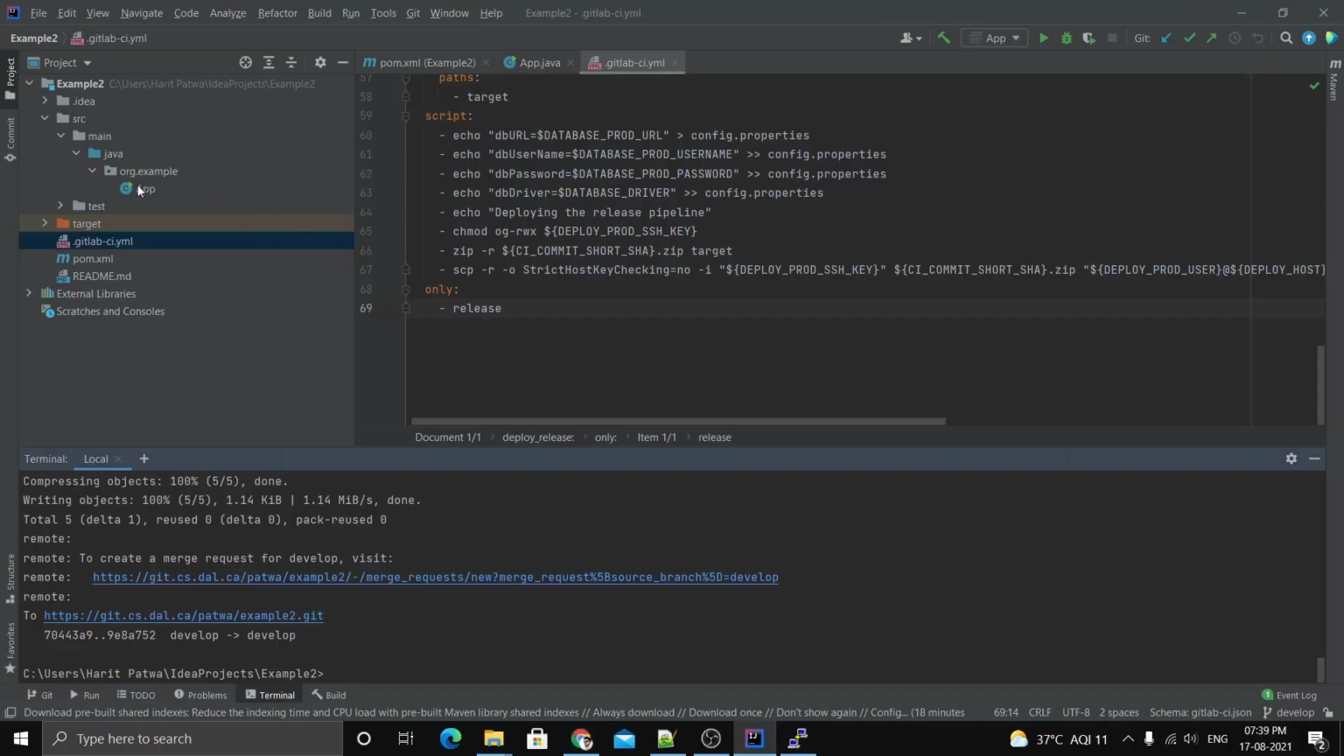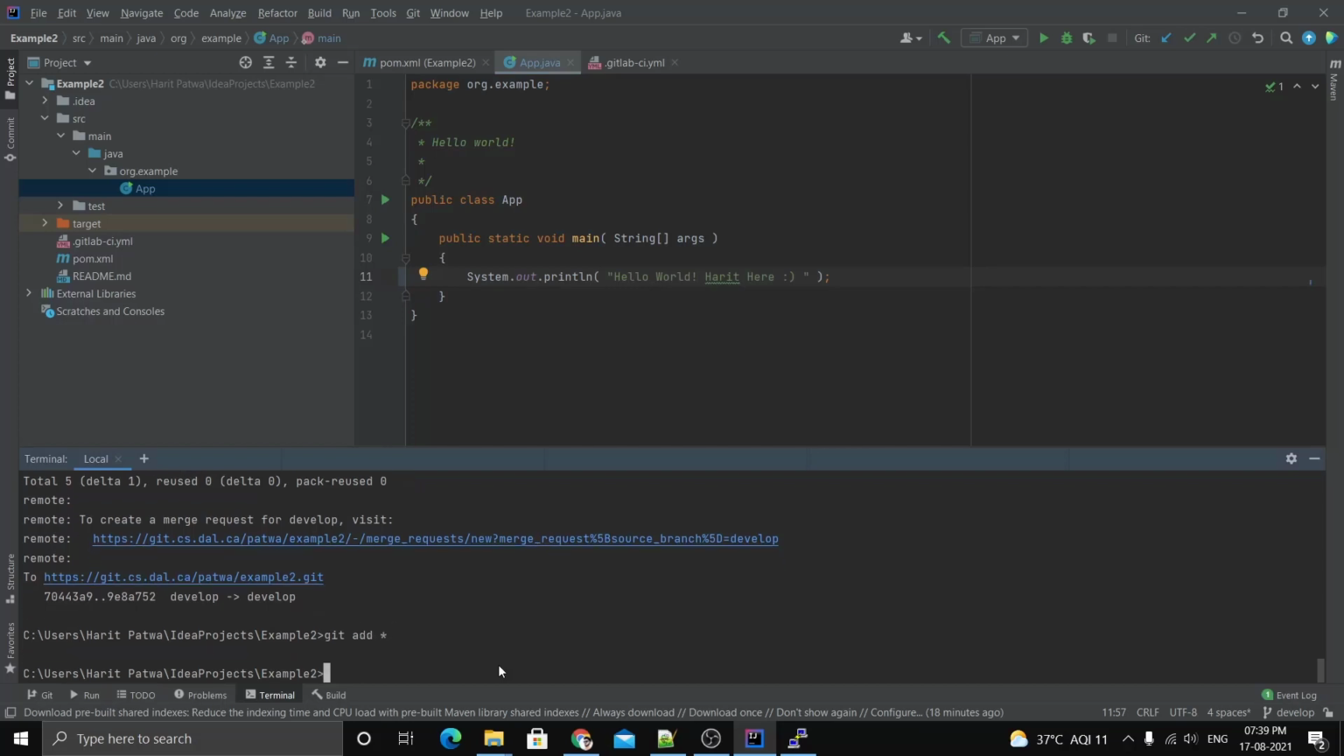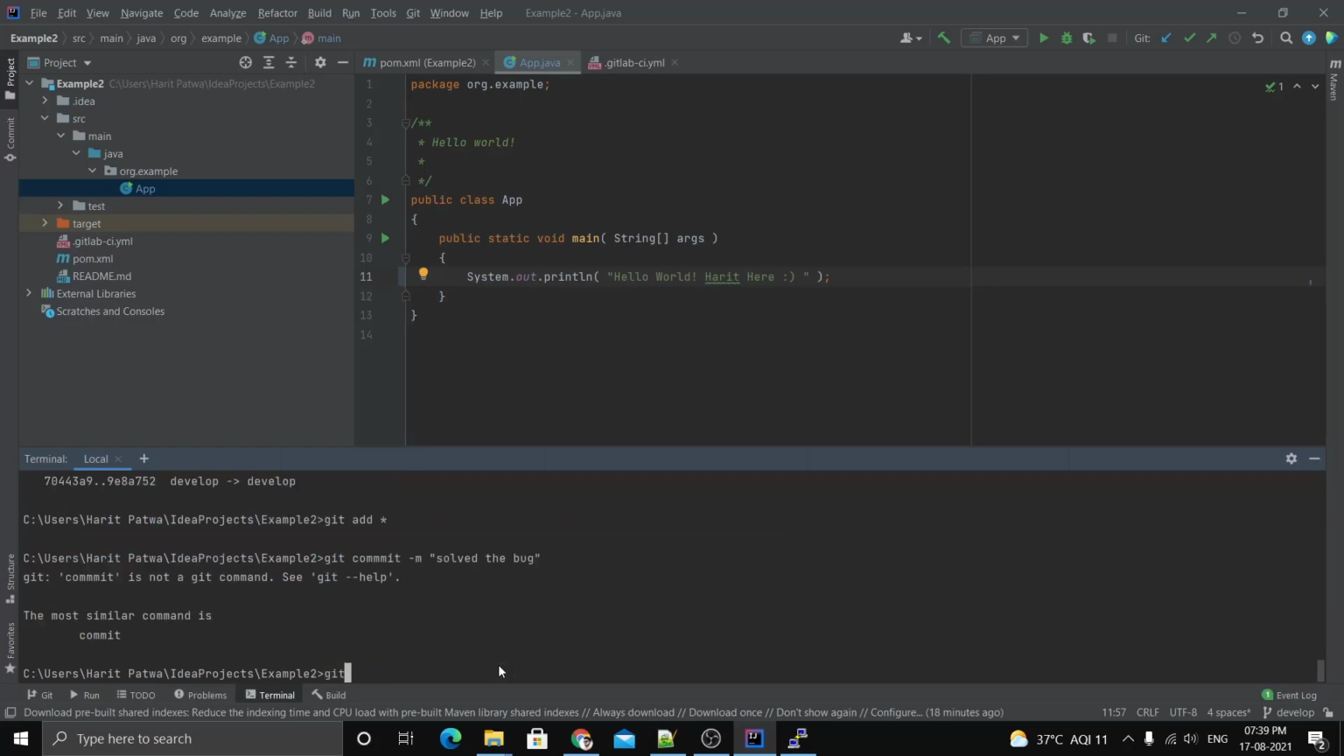And now let me just make some small mistakes so that you guys can understand it better. So I'll just add href here, and if I push this, git add, git commit, git push. Yeah, first of all I need to commit. Git commit here, and then "updated", "solve the bug", like that. Suppose you solved the bug, and after that,